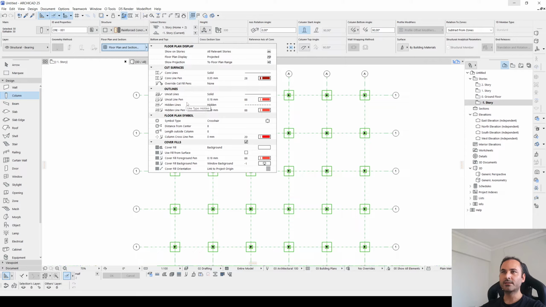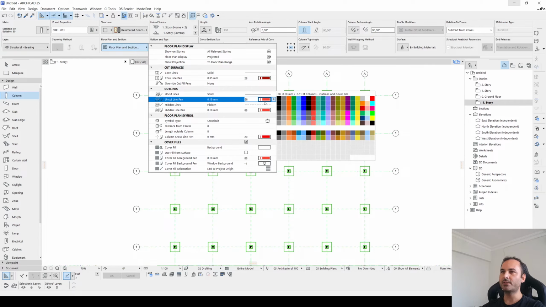Important one is the uncut line pen, which is red. If you want to, for instance, make it gray, previously it was according to the pen thickness 0.18. We can select the same value as the thickness. This one, number 81, is 0.18.